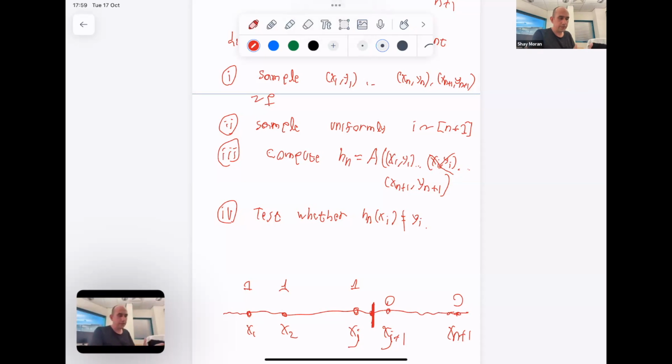And this trick of symmetrization, of changing the experiment and using symmetry, is very, very useful in learning theory. If you want, in the end, I'll tell you a nice, very confusing puzzle related to symmetrization. But for now, let's continue with our talk. Share screen.